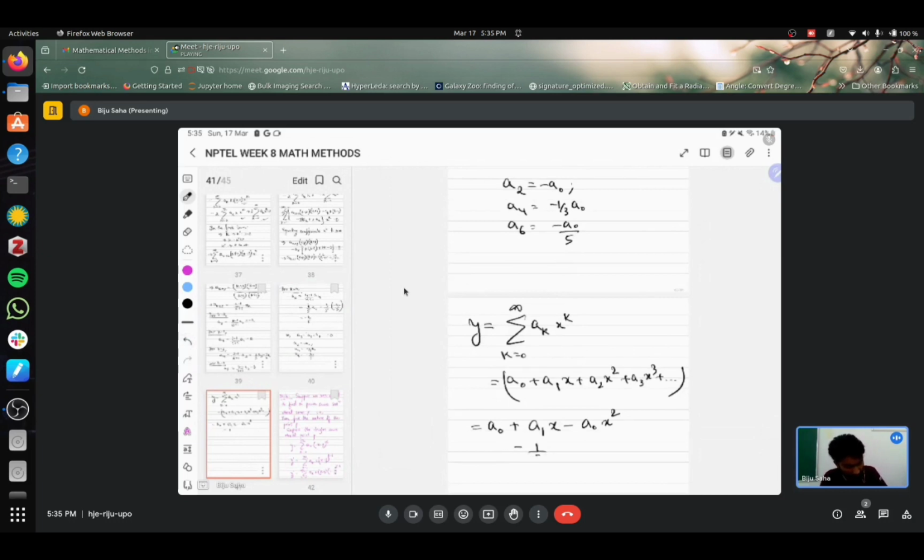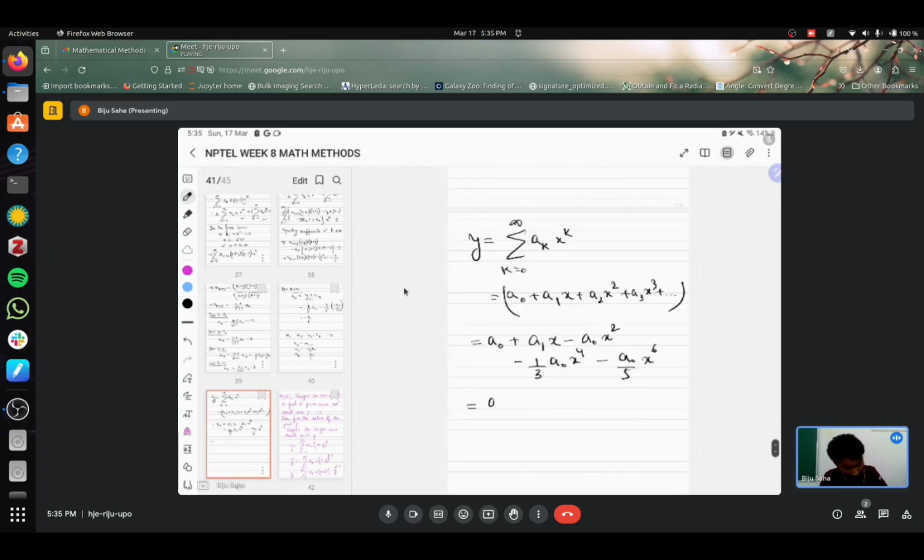So that is 1 by 3 of a0 x to the power 4, and then directly a6. So using all this, you can write